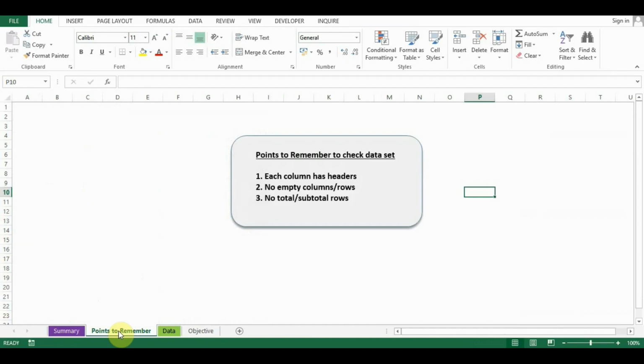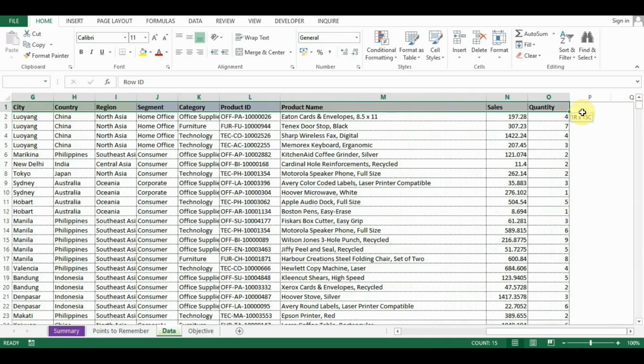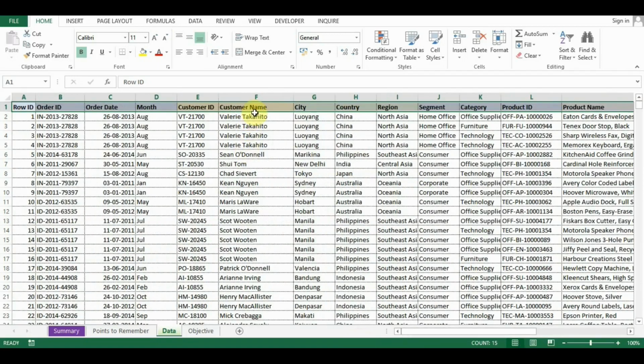So the first point is that you need to check that each column should have headers or column names. So these are our headers or column names. If you find any blank headers, then you need to put them in manually.